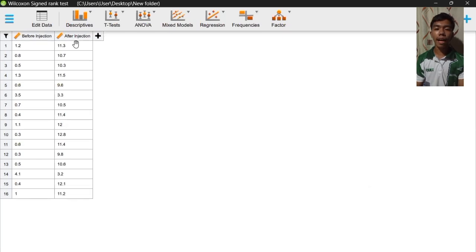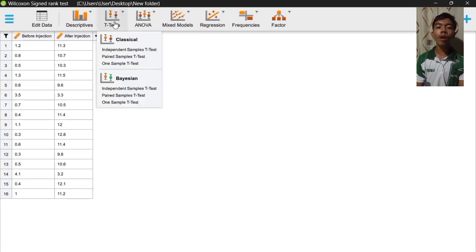Don't save it as an Excel file. It should be a CSV. We have here already our data for the before injection and after injection. Same goes, we're going to proceed with the paired sample t-test, and we're going to put again our paired variables, before